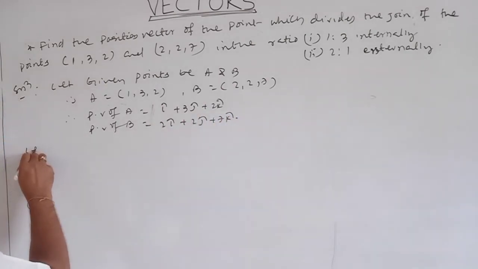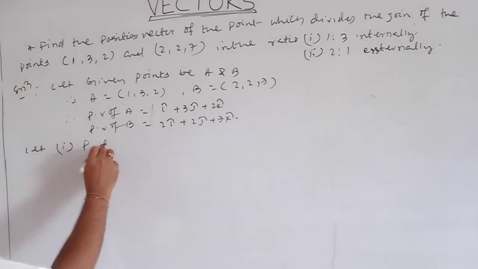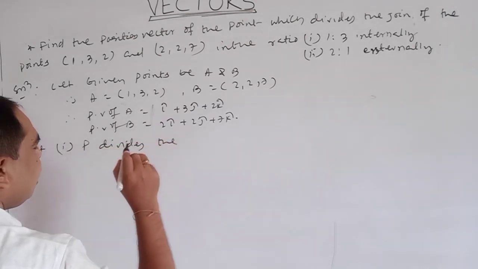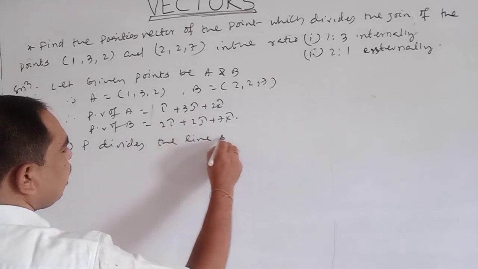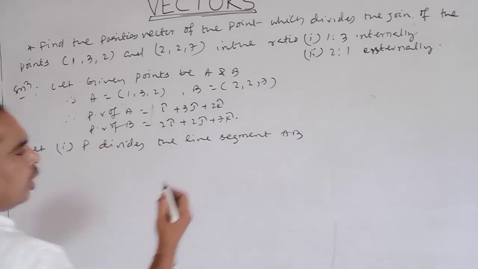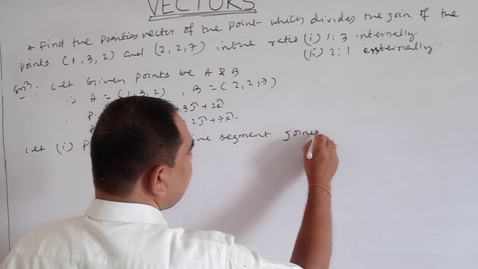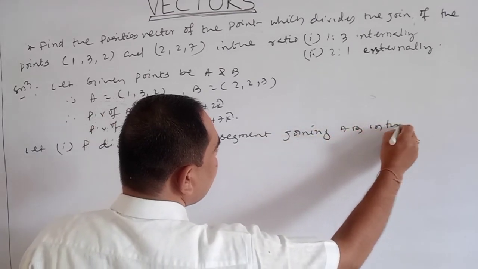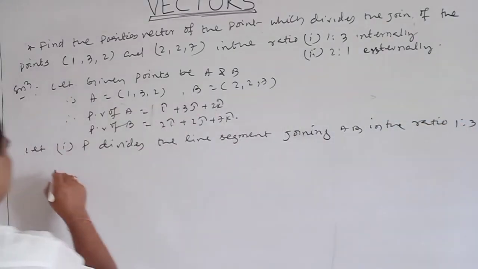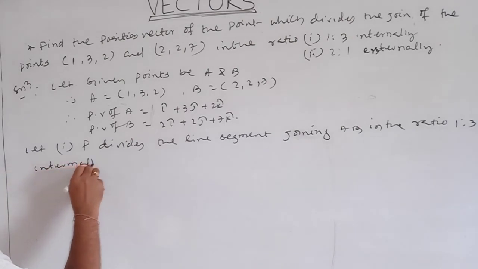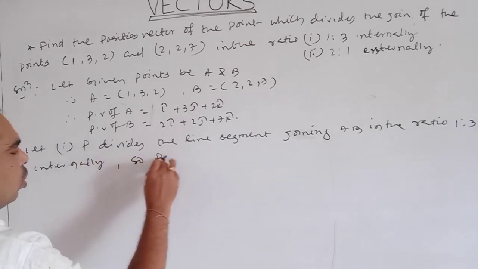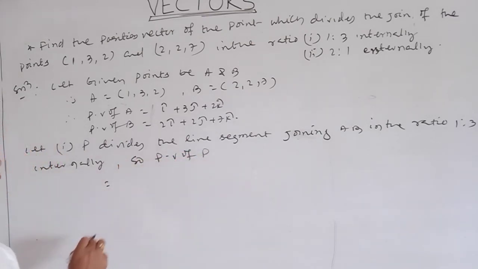Okay. First question: let P divide the line segment joining AB in the ratio 1:3 internally. So PV of P is equal to, with ratio m:n,